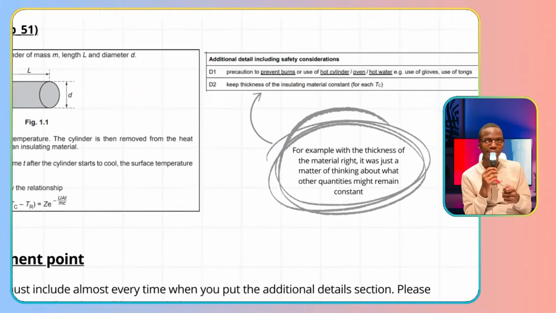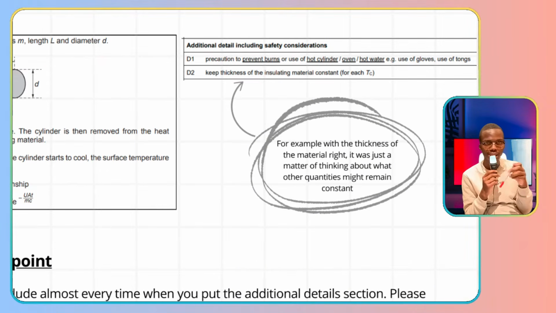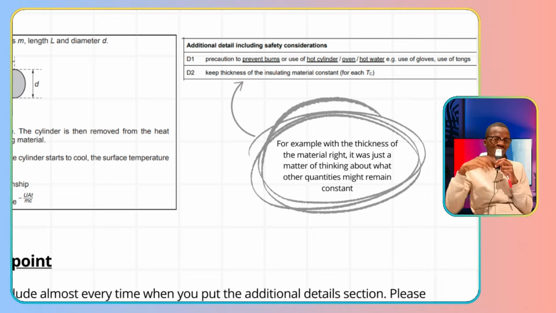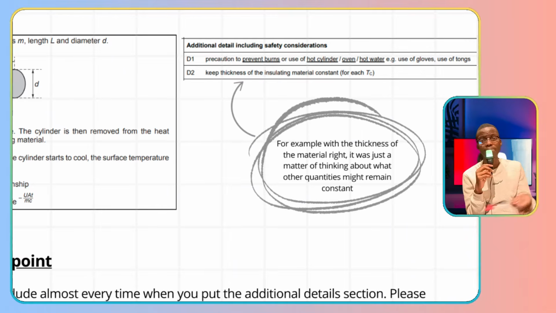So that we're supposed to keep the thickness of the material that we're insulating the thing with. But it's not present in the equation, right? You're saying keep this constant, but you're not seeing that thing appear in the equation. So that's why I'm saying be very mindful. It's not always all the time when you're going to have easy peasy equations where you just say this, keep this constant. Sometimes you have to think a little bit creatively,